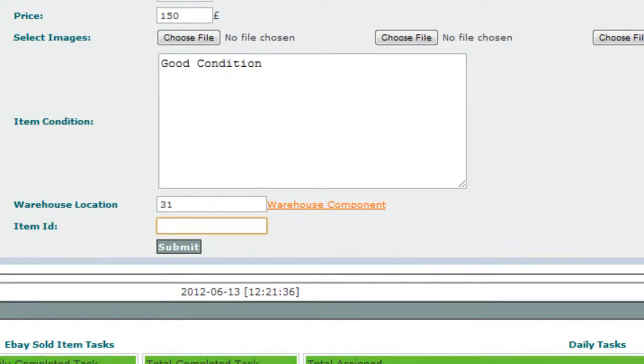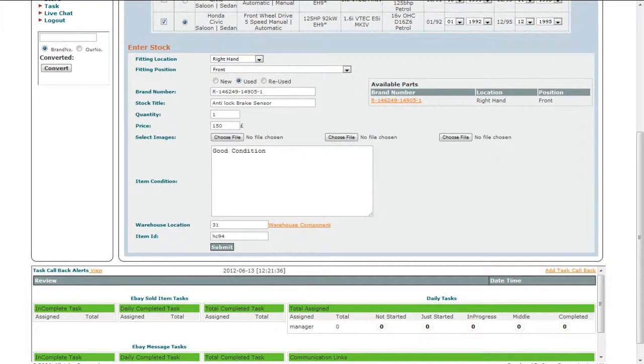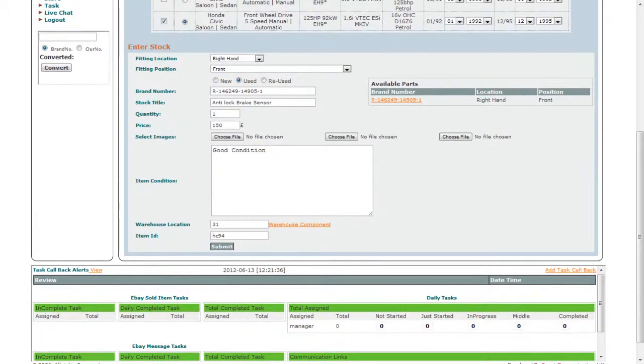Finally, you will enter the item ID. Item ID is a unique ID which you have written or you can write on the part for the future quick search. Brand number is the reference ID of the part, but we have given an option to dismantlers to create their own item ID, which can be anything, and it is connected to the brand number. This method is very useful for break-a-yard,